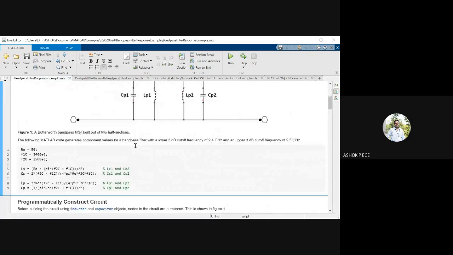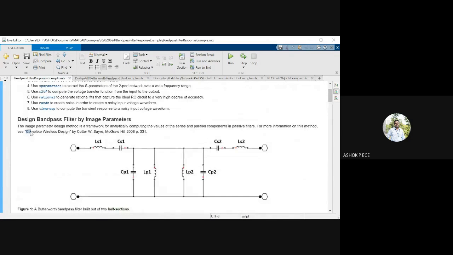This question is taken from the book Complete Wireless Design by Cotter W. Sayre, Tata McGraw Hill edition, 2008, page 331. So we are going to take this circuit from that book and design the band pass filter, and we are going to see how the band pass filter is exactly fitting into my